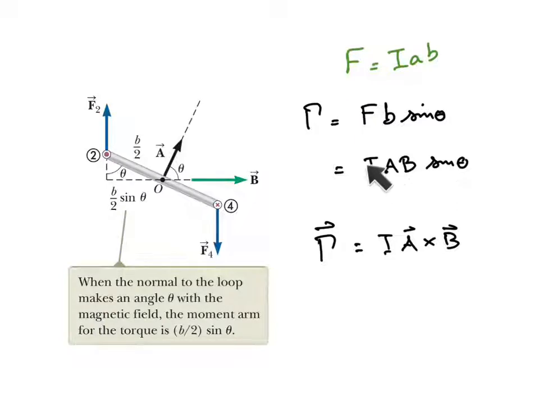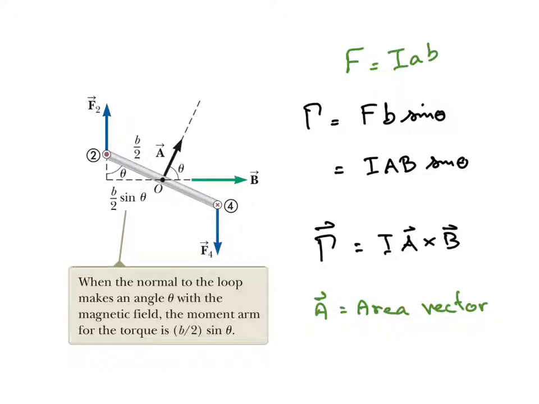And if we compare with this term, you can see that the magnitude of A is equal to this A. The magnitude of this vector A is equal to A, which is the area of the loop. So we may write that A is an area vector. That is, a vector that has the magnitude equal to the area of the loop and points perpendicular to the plane of the loop